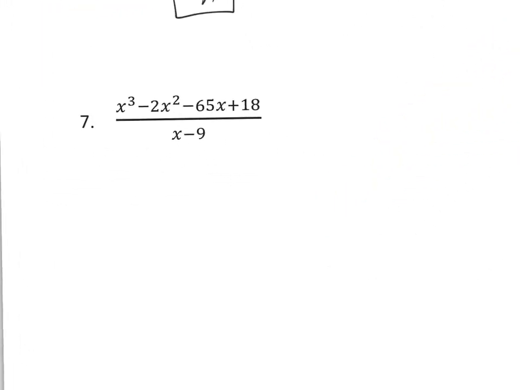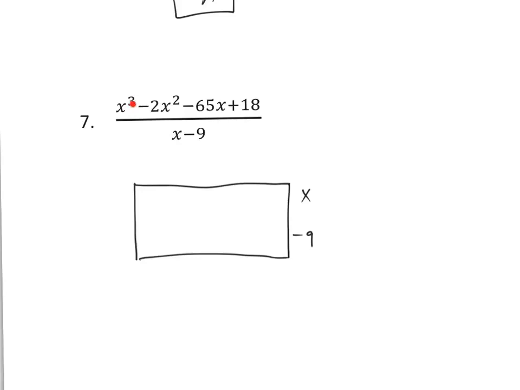Ooh, a division problem, our first division problem. First thing I look for is missing place values. It doesn't look like I have any. We've got x to the third, x squared, x, and then no x's, and then same thing with the denominator. I've got to build my boxes, and when I start building my boxes, I think I need a side of 2 at least for that denominator to go. I need that x, and then the negative 9, the x minus 9,